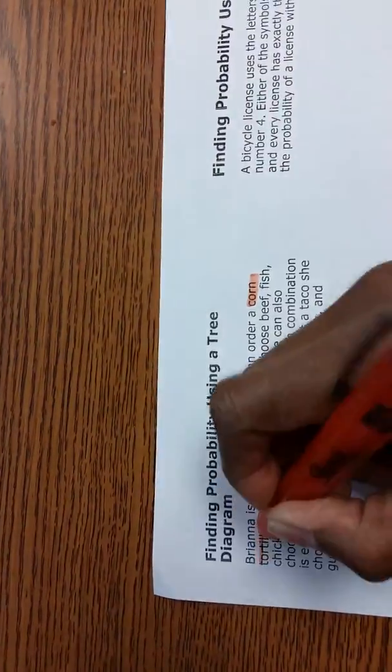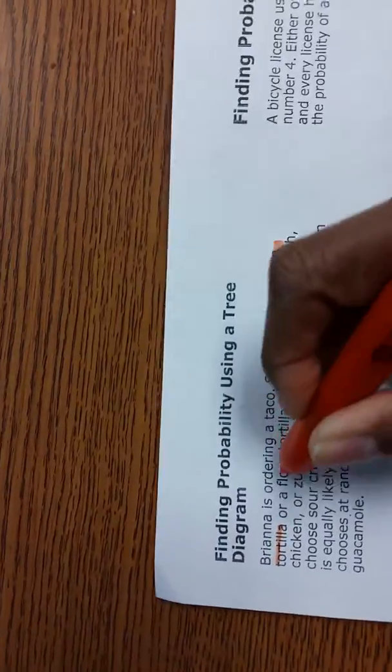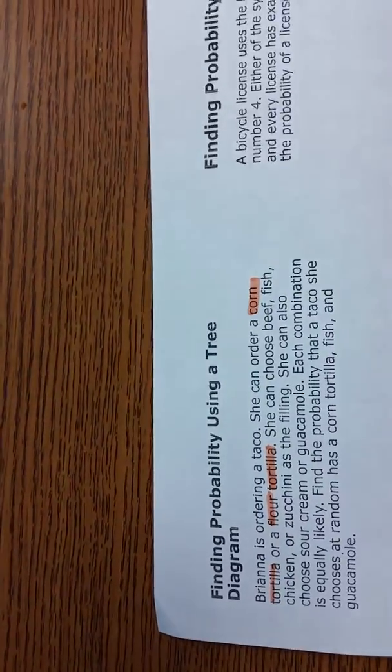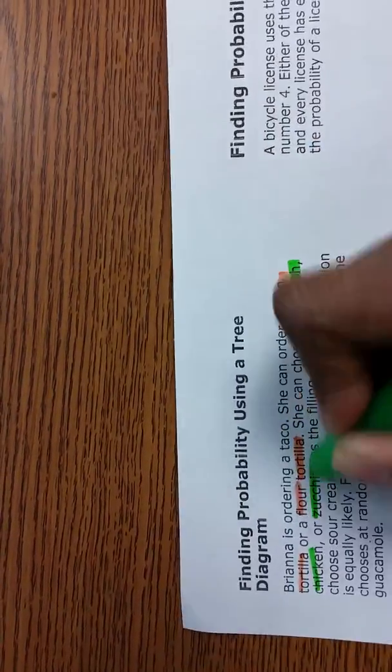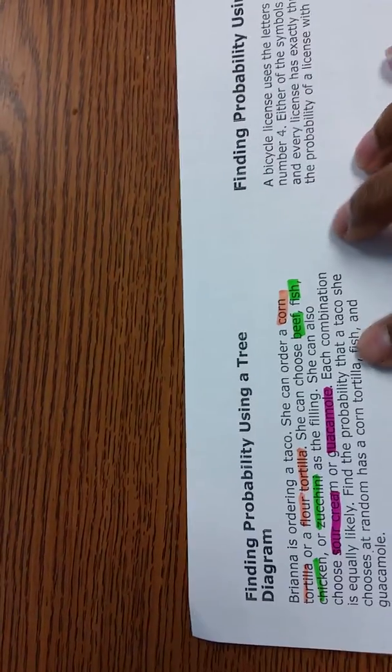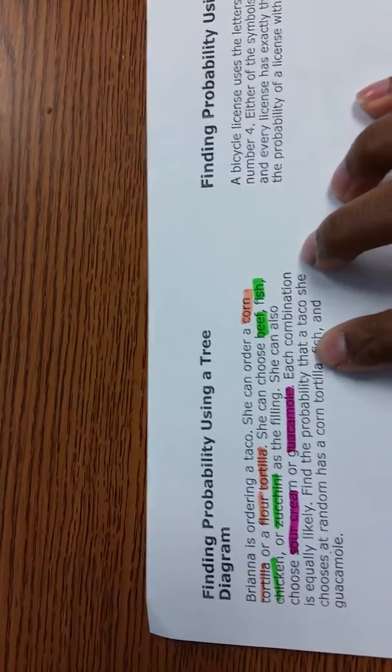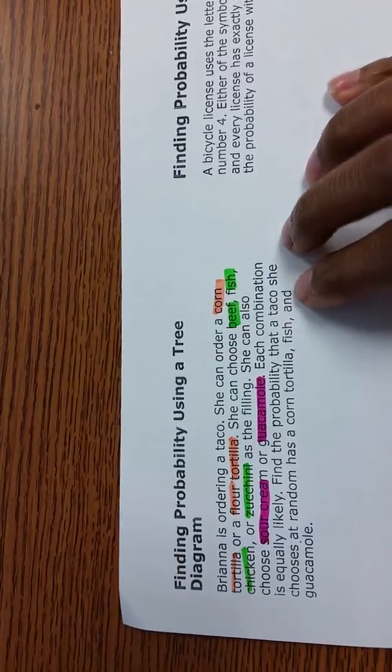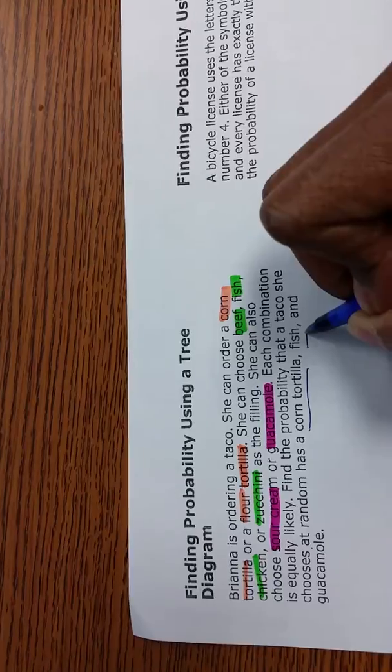She can order corn, so I'm going to highlight that, or a flour tortilla. Okay. She can choose either beef, fish, chicken, or zucchini as her filling. Okay, she can also choose sour cream or guacamole. Okay, each combination is equally likely. So we're going to find the probability that the taco she chooses at random is a corn tortilla, fish, and